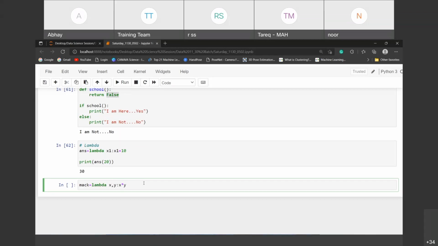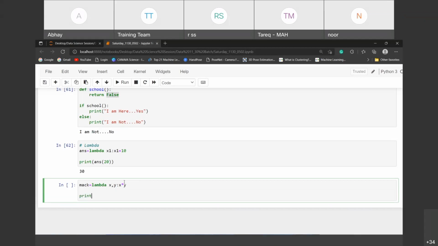No need for the function initialization or variable initialization process. You can directly pass the value, I can do the calculation and give it back to you through a single variable. Mac is my lambda function, so Mac is the complete variable name for that lambda. And now print, you just pass the Mac into the brackets.